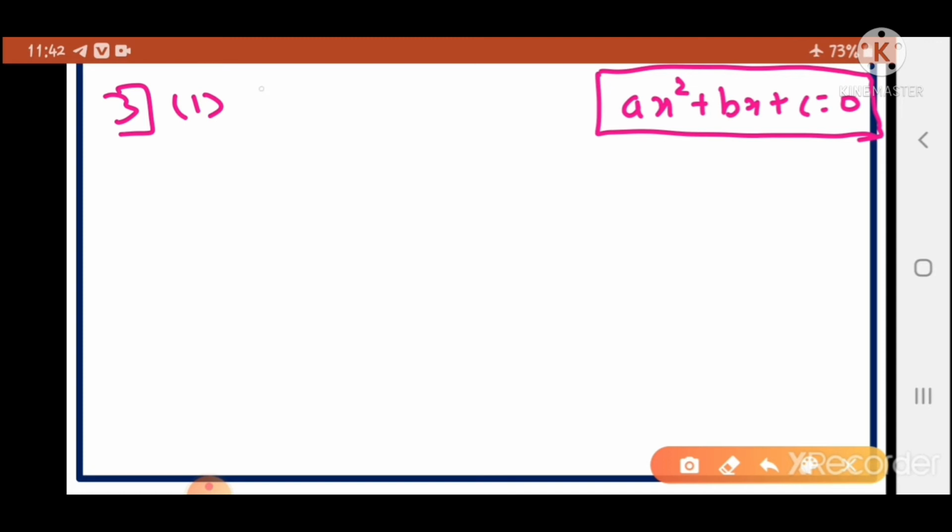Now I will take one example. Suppose 2y is equal to 10 minus y square. यहाँ पे आपको ये नहीं चेक करना है कि ये क्वाड्रेटिक इक्वेशन है कि नहीं। ये सभी क्वाड्रेटिक इक्वेशन होंगे। आपको पहले उसको अरेंज करना है इन द स्टैंडर्ड फॉर्म, ax square plus bx plus c equal to 0, और वहाँ से आपको a, b और c का वैल्यू निकालना है. So let us do that.